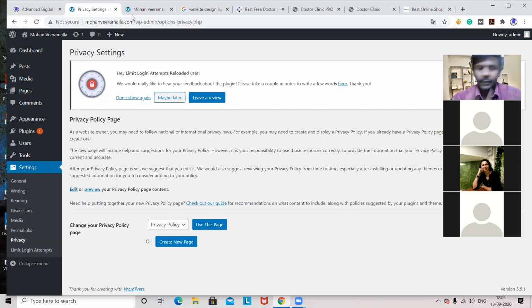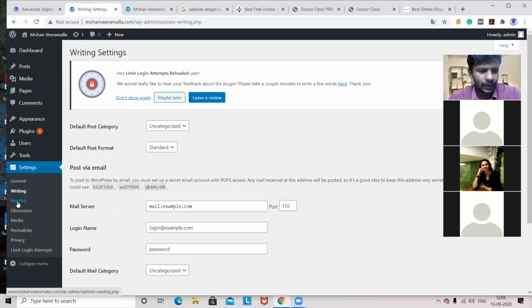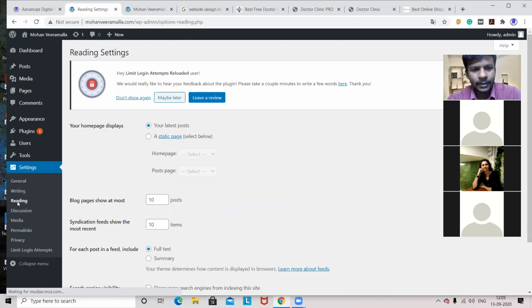So we'll start the design now. Before that, in real time, how will we do it? We'll do it that way only. First thing, after installation of WordPress, we have to go to settings directly. In settings, just now we went for writing, not writing, reading. In reading, we have to select a static page.